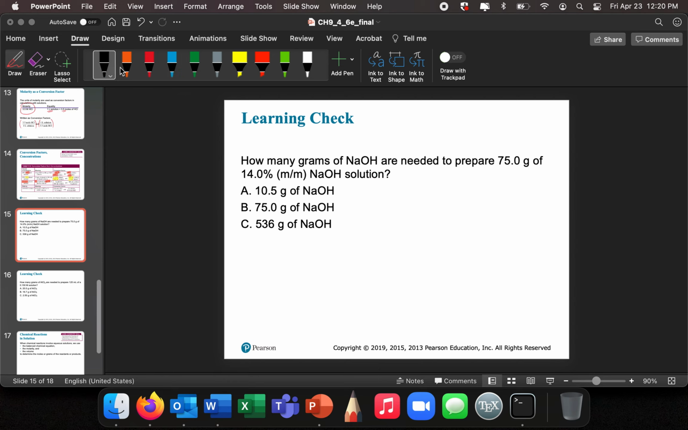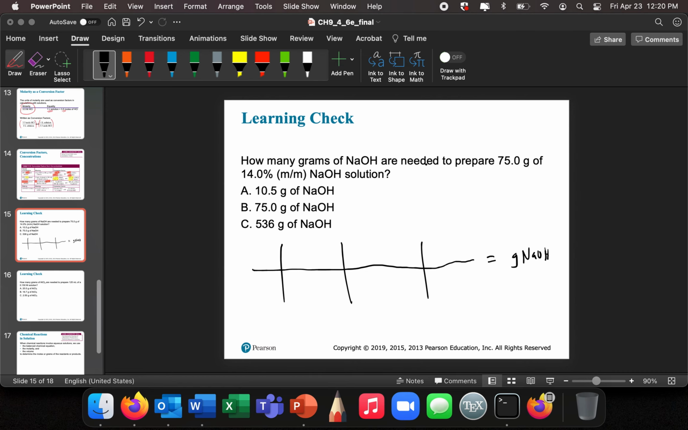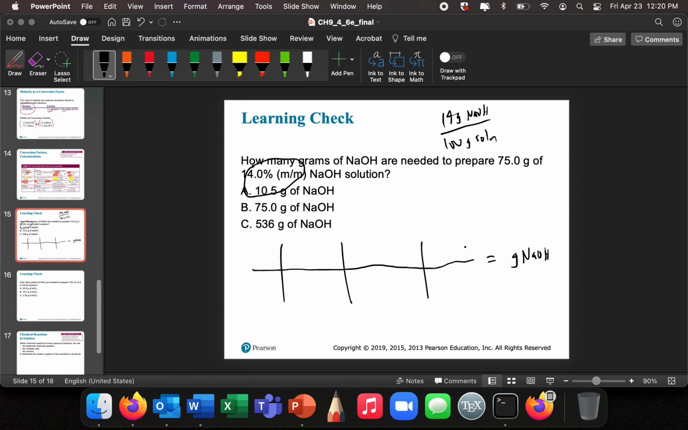Okay, so the question is, how many grams of sodium hydroxide are needed to prepare 75 grams of a 14% mass per mass solution? So I'm going to set myself up a nice picket fence here. Try to draw a straight line, not doing a very good job. All right, so I know that 14% mass per mass is 14 grams of sodium hydroxide over 100 grams of solution, right? So I'm going to put my grams of sodium hydroxide here, and I see I'm related to 100 grams of solution,